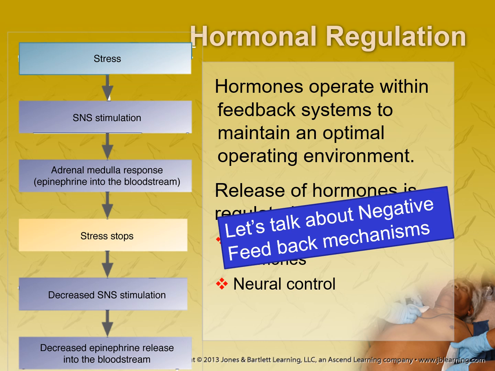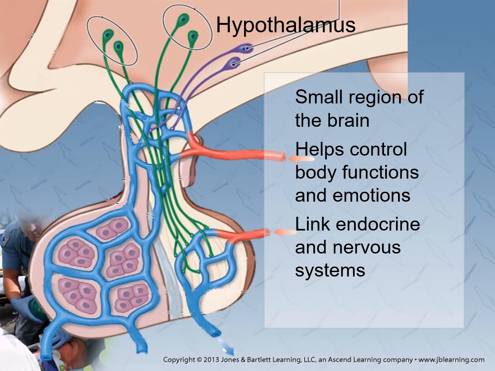We have baroreceptors, which give us a change in our blood pressure. We have thermoreceptors, we have osmoreceptors, all that give signals to the brain, and then the brain uses the nervous system and the endocrine system to make the changes that we need to make. So here is that pituitary gland hanging down from the hypothalamus. So we need to know all about the hypothalamus.